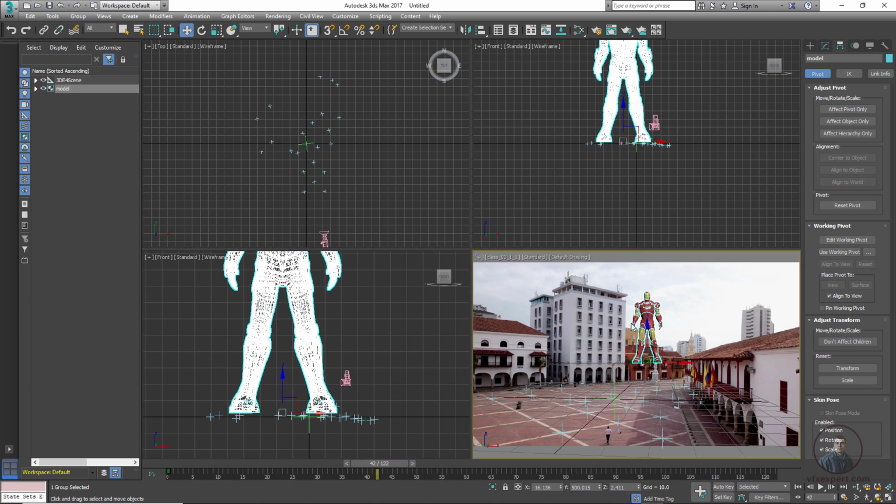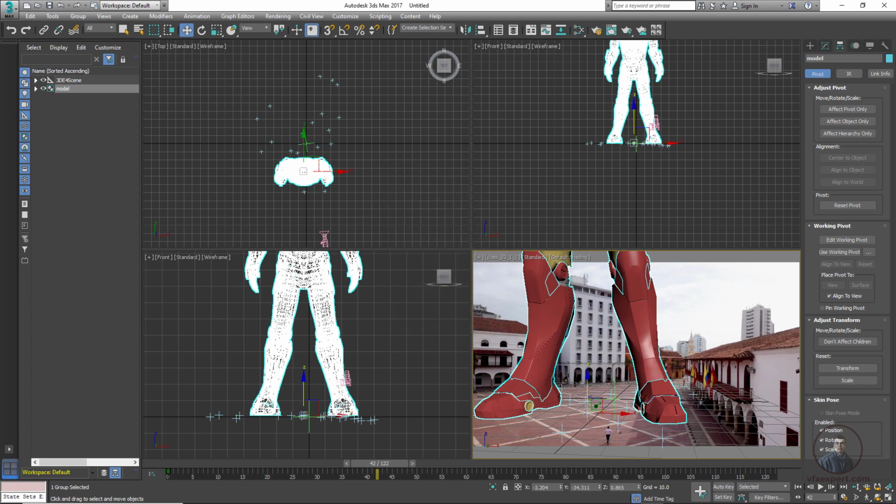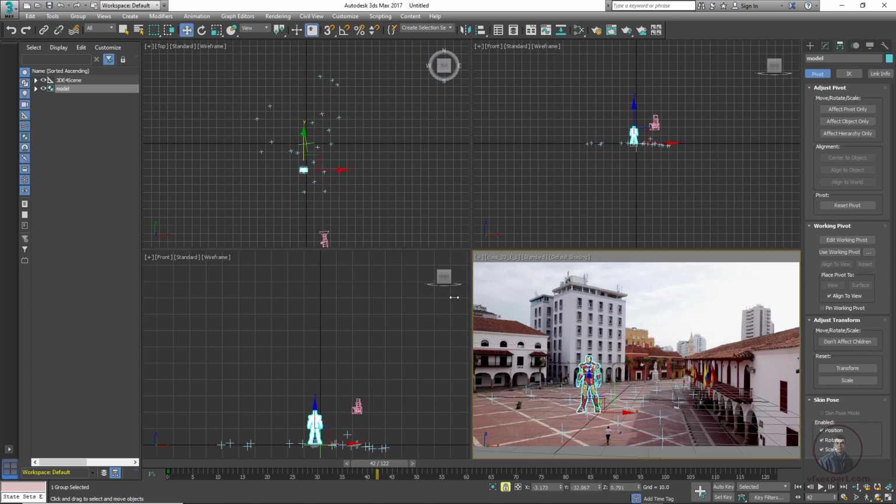So now again come here and suppose you want to move this model onto a proper locator here, then easily you can move it. So here I have selected this entire group, remember this one. Then take this align tool here and simply select your proper points here. So simply select. So now here I have moved it. Then again same thing, we have to select pivot point, then XYZ position. Now press OK. Then scale it a little bit here. So here you have to place your model on this grid here, remember this one.